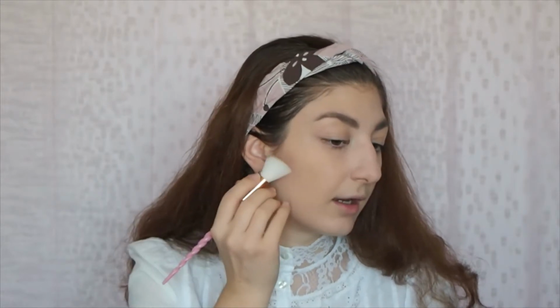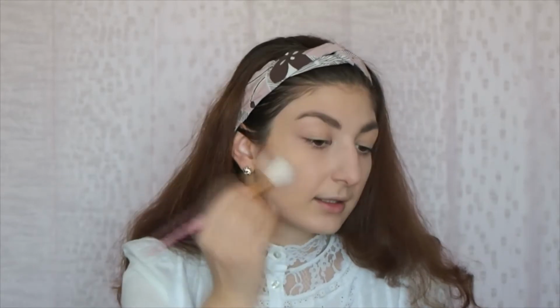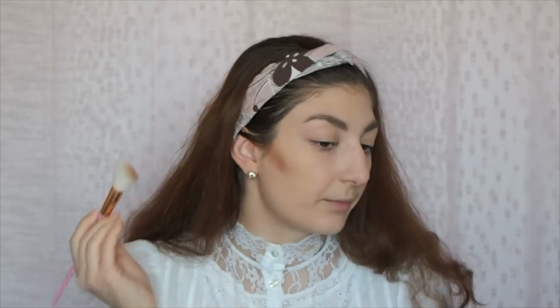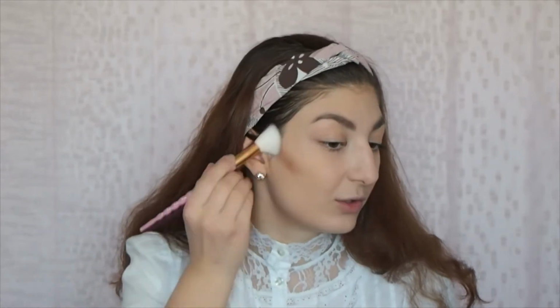I'm taking some of the Bahama Mama, and to contour your face and to sculpt it, you need to feel where your cheekbone is. Mine is just right here, and I will apply my contour powder exactly in this place. If you apply your contour lower, you will look like an old lady, and no one wants to look like an old lady. So now I need to blend a little bit,